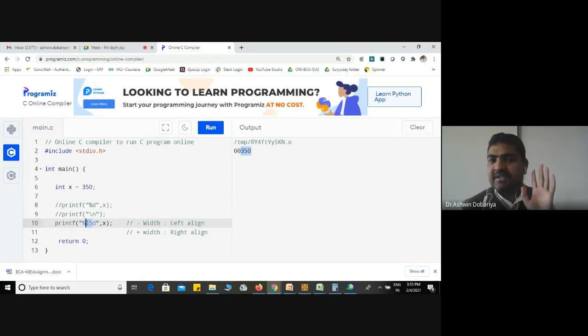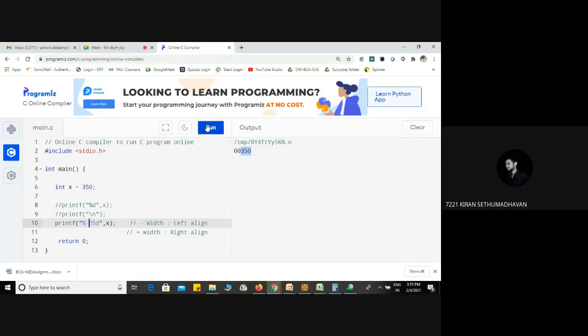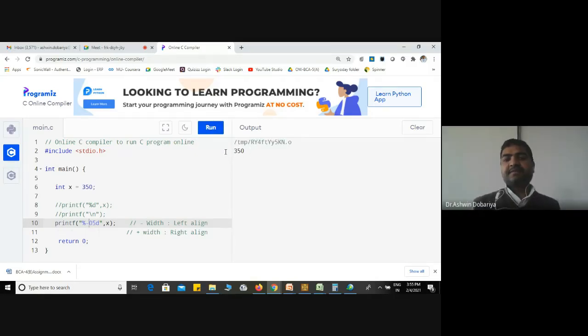But 0 is generally used only with a positive width. Can you tell me whether there is any meaning of minus over here? No, sir. Because with minus there is no space at the left hand side. So with minus it will not pad the 0. With minus it will start from the left side. Then on the right hand side it will not put a 0, otherwise the meaning is totally changed: 2 zeros added to 350 would make it 35,000. So 0 is only used with a positive width. Whenever you mention a positive width and you want to display 0 before the value, in that case only you can use it.